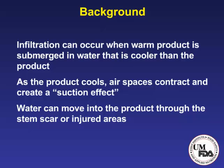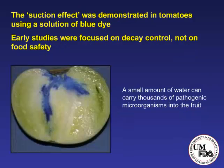inside, if that is warm and then it is cooled rapidly because it goes into cold water, the gas is going to contract, and when it contracts, it's essentially going to form a vacuum on the surface of the fruit. So what we learned in the 1970s was that this was problematic. And so long before we were dealing with food safety issues, just talking about plant pathogen issues, all right, what